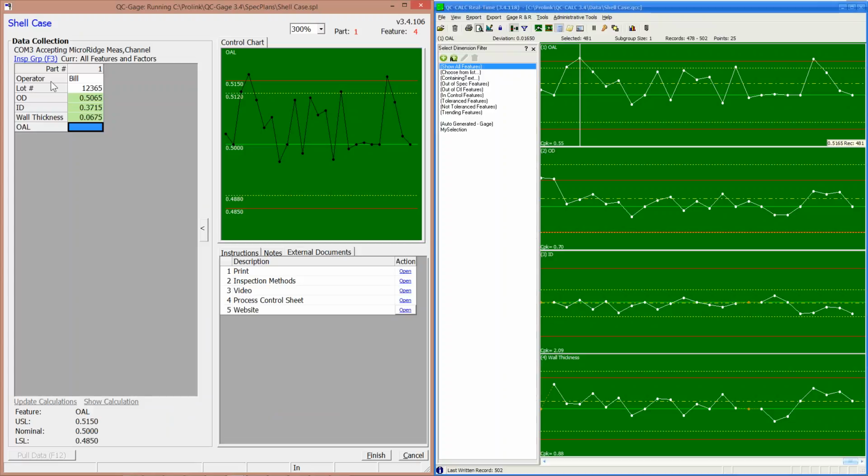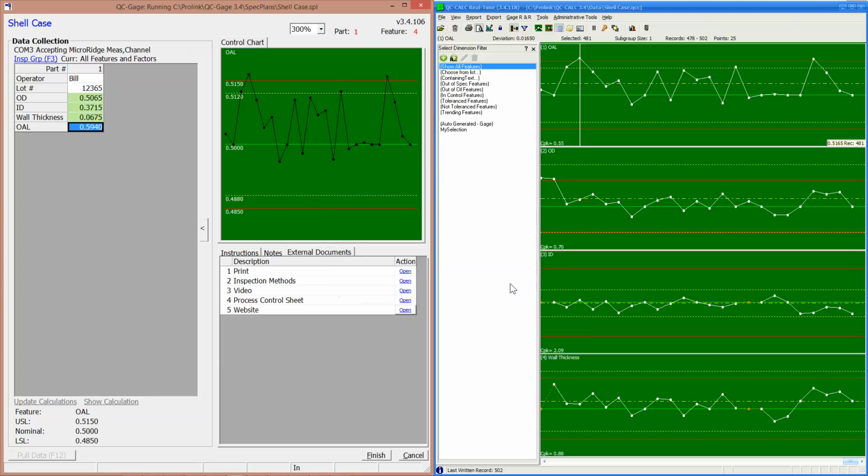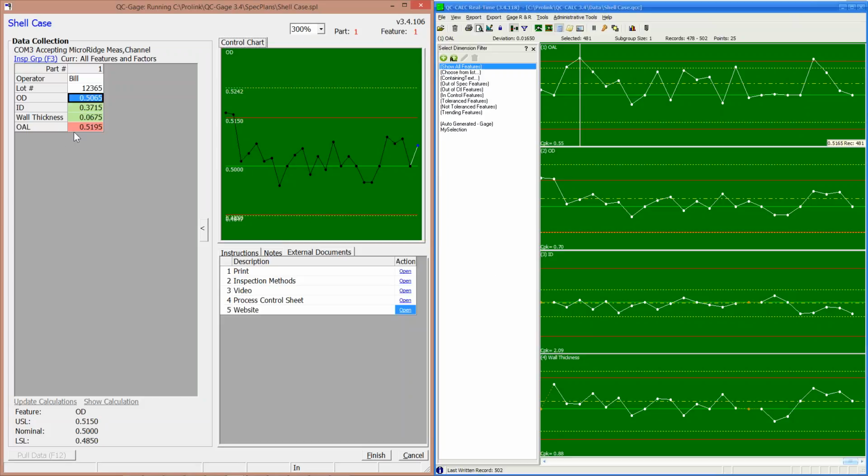Ready to measure the last feature here. I just made a mistake, pushed the button on the gauge before I actually had a part in it. It's saying, yeah, you're measuring 594, the nominal is 500. I'm only expecting things to be reasonable in this range, and it says that it's outside reasonable limits. Yes or no? And I'm going to say, no, I don't want that. I'll come back to a reasonable reading here, but it will be out of spec, in which case it turned